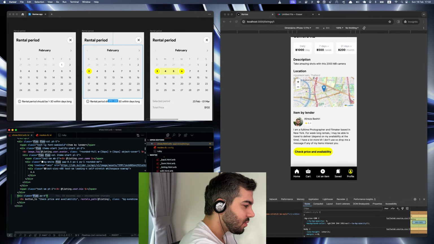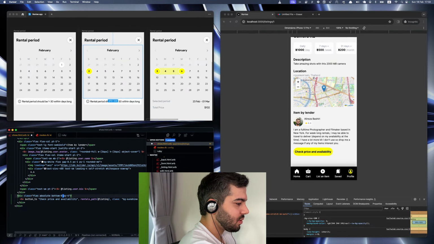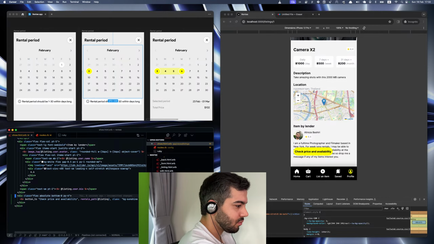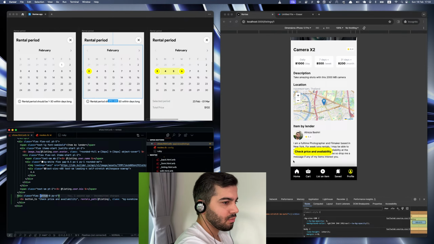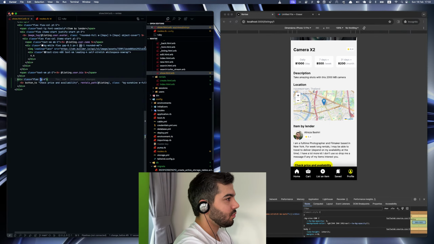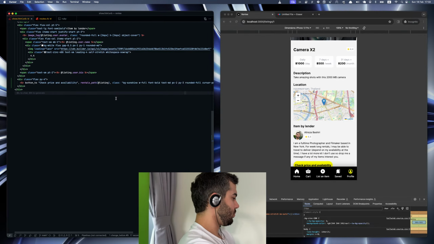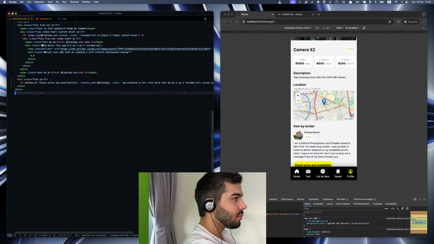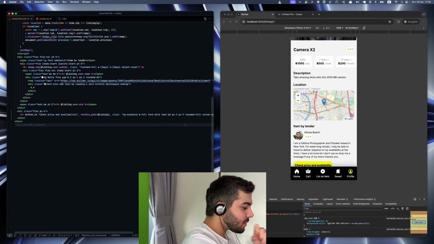So we can do absolute, bottom 0. For the listing,